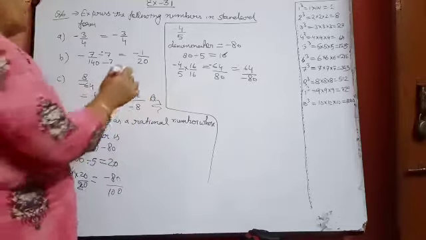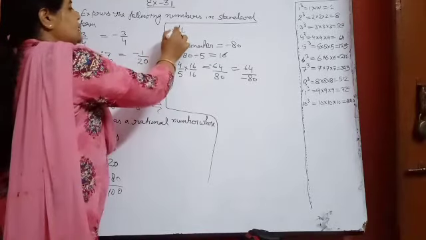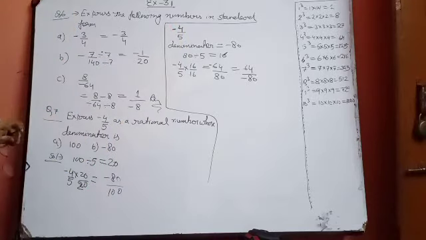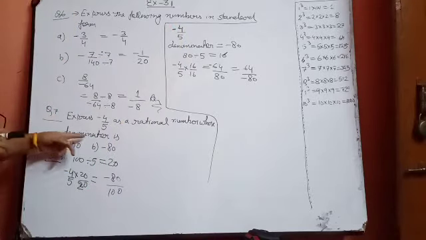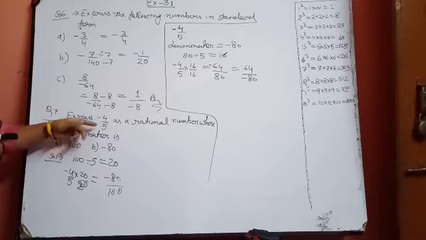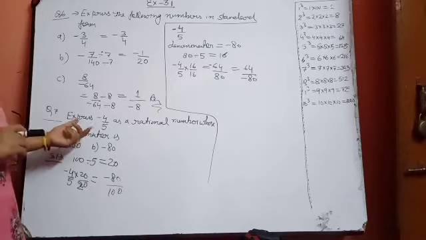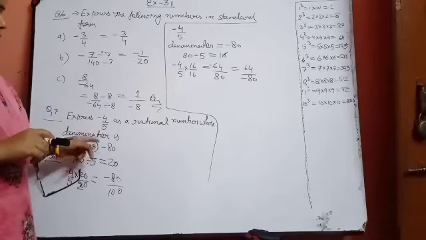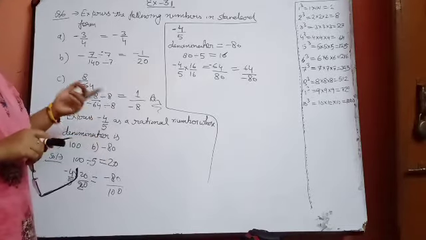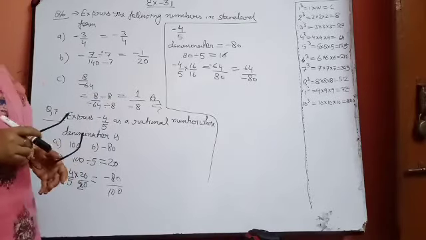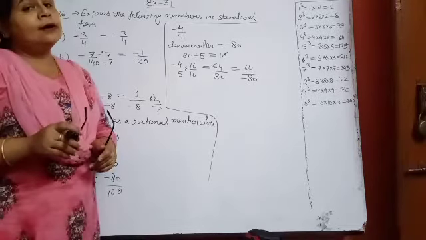The rest of the parts are very simple. In the same way as I am doing, you will do the rest of the parts of this question. It's very simple. Whatever denominator you have to make, you divide that expected denominator by the actual denominator given in your question, and then whatever quotient comes, you multiply the numerator and denominator of your given fraction by that quotient, and in this way you will get the answer.